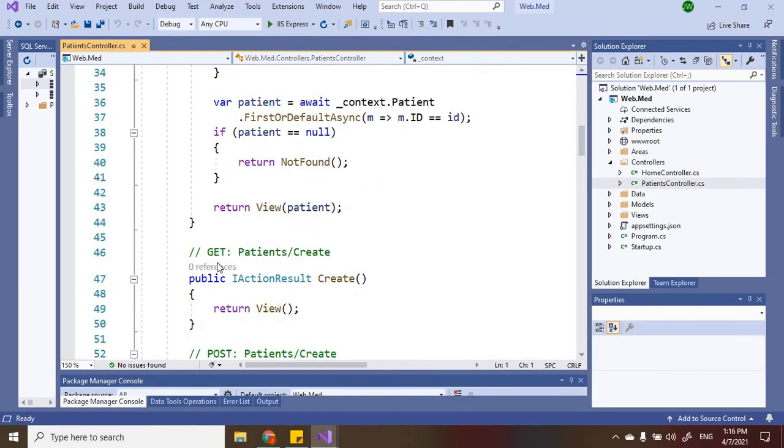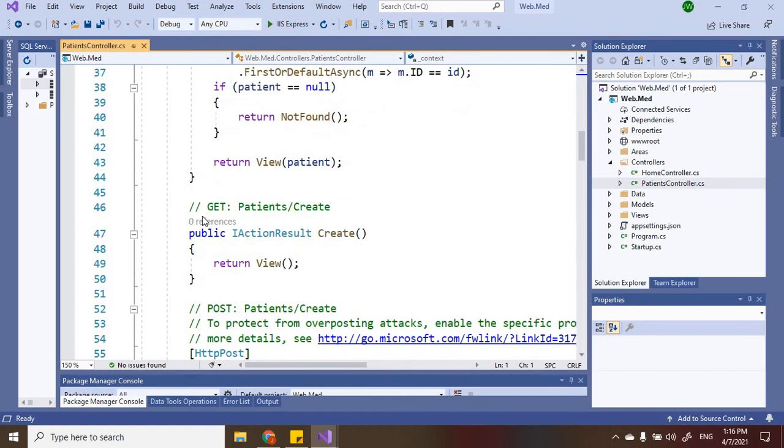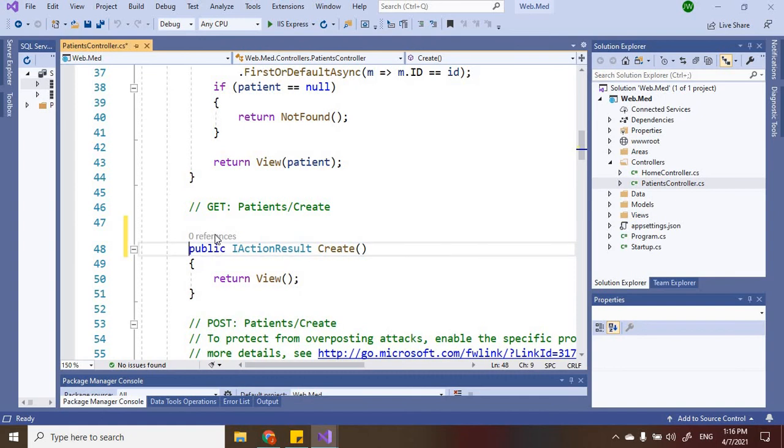Now, where it says IActionResult Create, we want to add the authorization there. All right. So let's use the authorization attribute. So that's square brackets. So use a pair of square brackets. We're going to type now